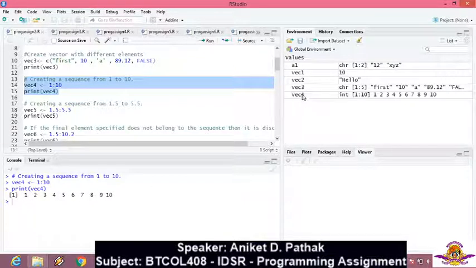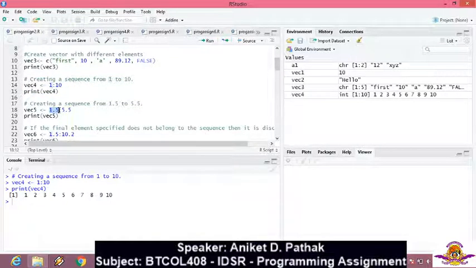Now if you observe in the environment, earlier it was showing character. Now as all the elements have the same type, it shows the integer value, that is int. Similarly, if you begin with a floating point value, in the case of vector 5, you are beginning with 1.5 colon 5.5.